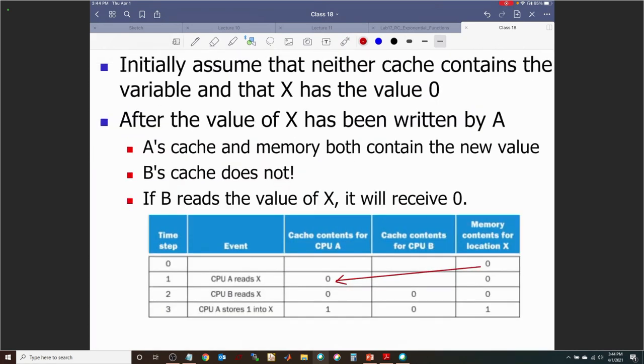Next, in time step 2, CPU B is going to try to read X. Again, CPU B is going to first try to access its own private cache. It's not going to find it over there, so it's going to be a cache miss. It's going to try to read it from the memory. When it reads it from the memory, because there's a 0 there, we have not changed it, it's going to read a 0 there. And so that is also going to be a 0 there